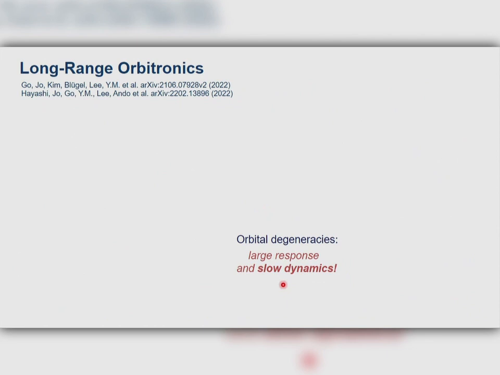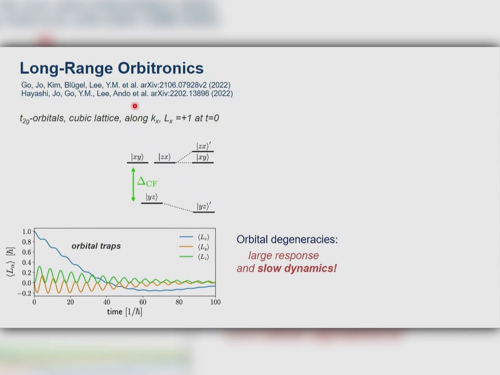Now, there is one more exciting point about these degeneracies, which leads to what we call long-range orbitronics. Let's take a look, for example, at the crystal splitting of our states on a cubic lattice, t2g electrons. They are split a little bit by spin-orbit interaction, and by tuning the magnetization direction, you can exchange this. Now, what I do is I create a state which has an Lx of +1 at time equals 0. And then I follow the evolution of the state in time, and what I observe is a very slow decay